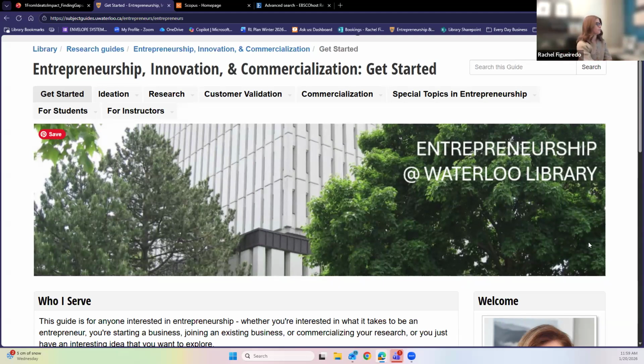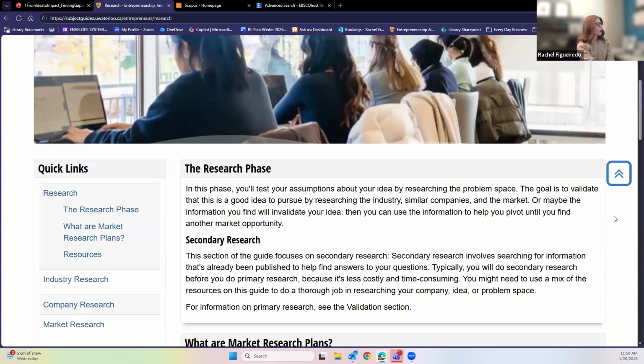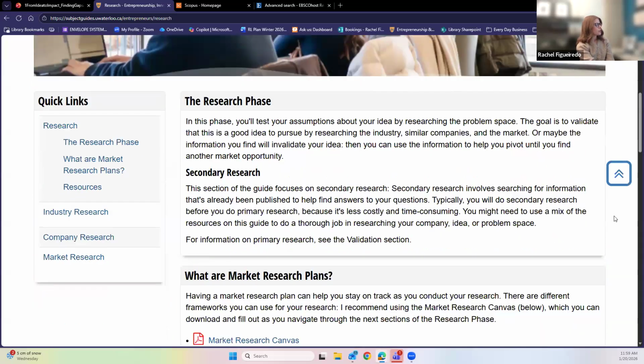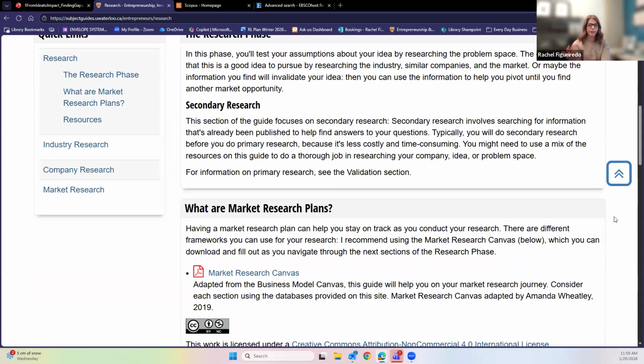So I'll show you what I mean. I'm going to jump over to the research tab here. And you can see that there are some nested tabs there for industry research, company research, etc. When we're on each one of these tabs, it's going to talk a little bit about what we are doing here. When people tell you to do research as an entrepreneur, what exactly are we looking for?